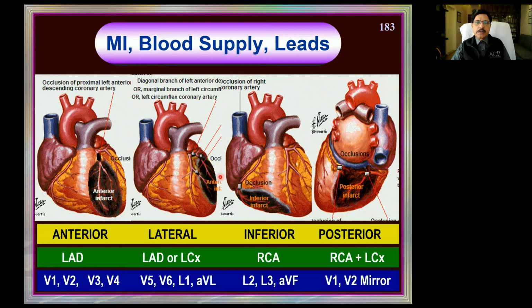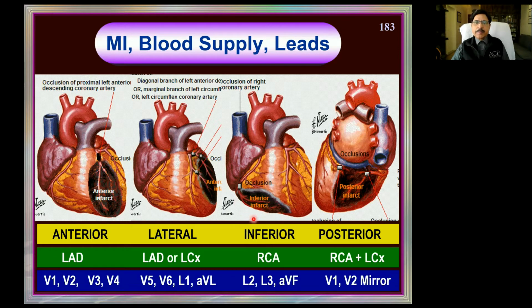Then we also looked at the lateral wall of the heart, which forms the lateral border and some part of the apex of the heart. Infarct of this is reflected in the lateral cameras. We know the lateral cameras are V5, V6, and L1 and AVL, the left lateral leads. The culprit vessel is either the diagonal branch of the LAD or the LCX. So, one of the 2 vessels, mostly LCX in the lateral wall and partly the LAD also.